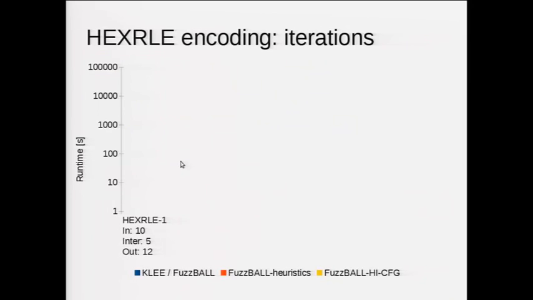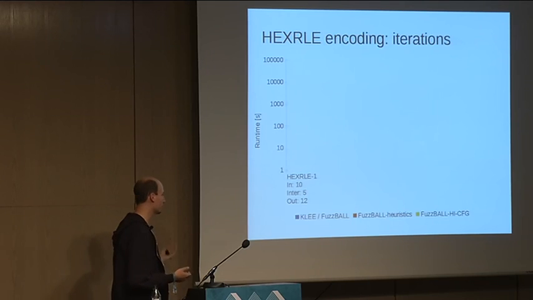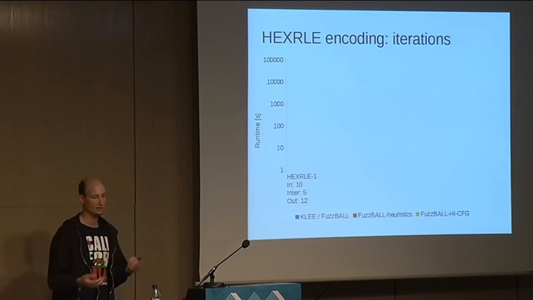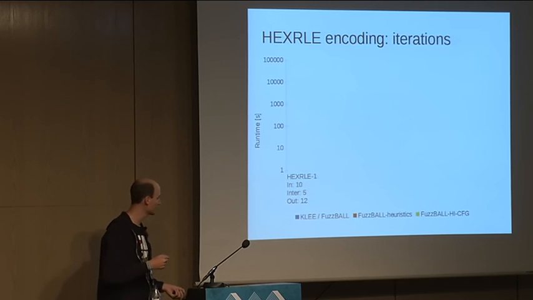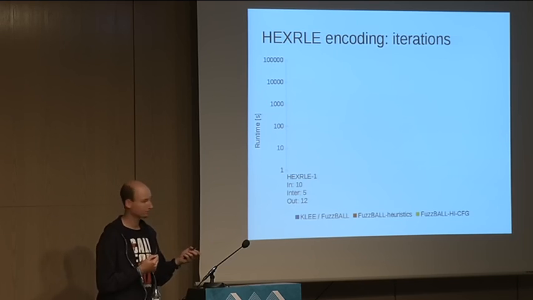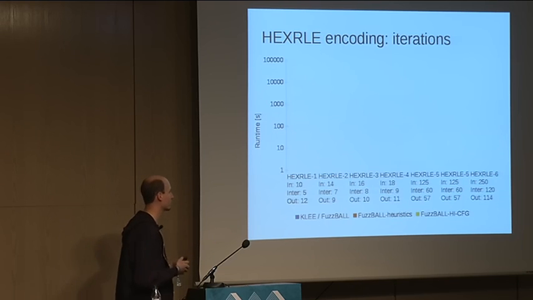So let's see how far we can actually go with this encoding. This time we have hex encoding and RLE decoding, so 2 steps. And we compare it again against fuzzball without the configuration as a monolithic approach, and CLI as well. So it gets a bit more complicated this time. We have input bytes, intermediate bytes, and output bytes. There's a first transformation from output bytes to intermediate bytes, and then a second transformation from intermediate bytes to input bytes. And we have a set of different conditions that we try out.